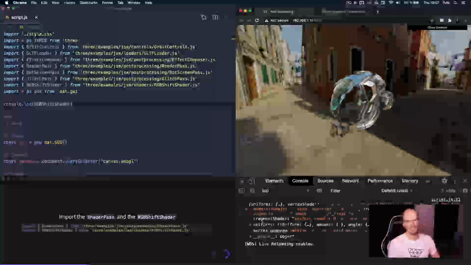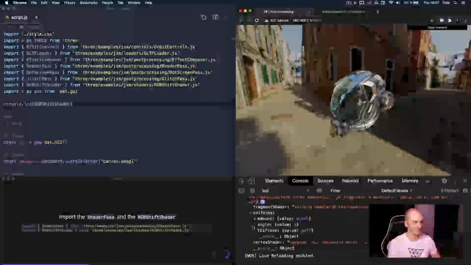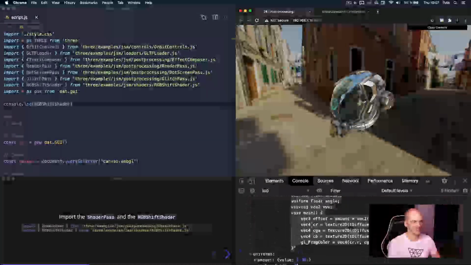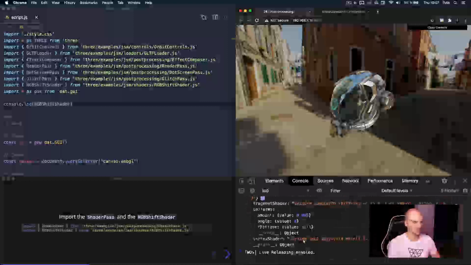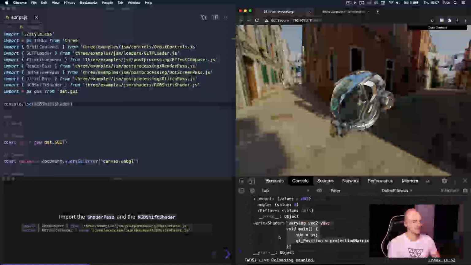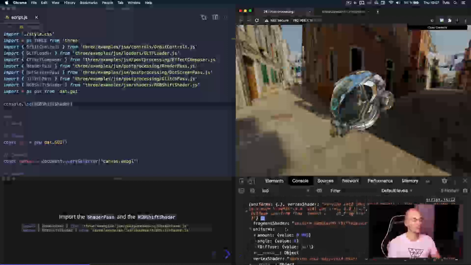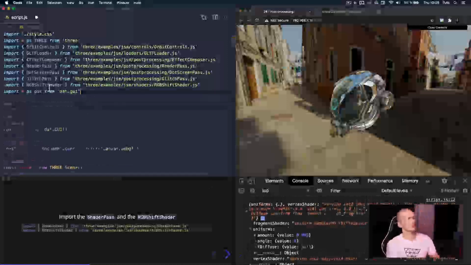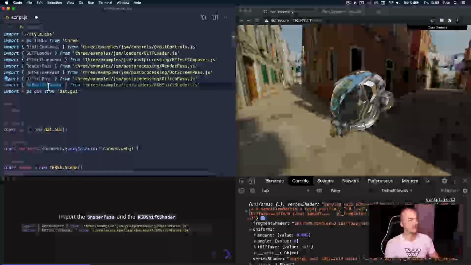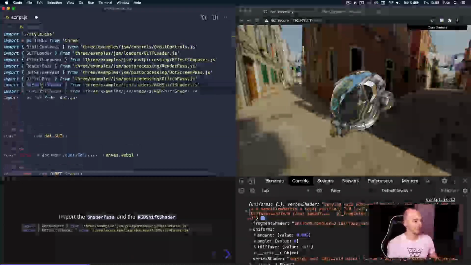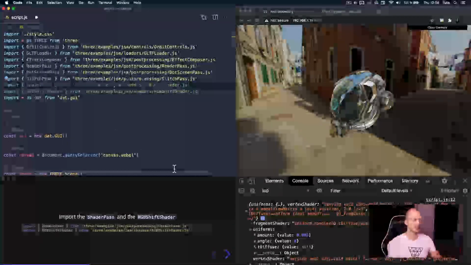Oh, you know about this. You know perfectly about this. And you will be able to handle this easily. And the code is not that complex. So we have the fragment shader and we have nothing in the vertex shader. You can guess that at a point we are going to do that on our own. To use one of those shaders, so it's kind of a shader pass, you need to use a shader pass. Yeah, that's all. So you do ShaderPass. So it's a pass, you provide a shader to it. A shader is uniforms, fragment, and vertex, and it will just use those